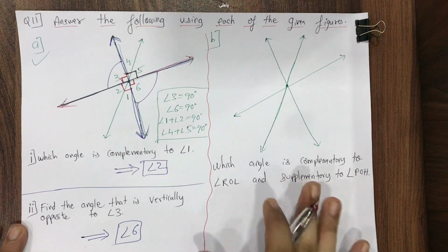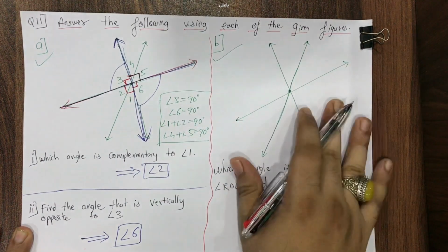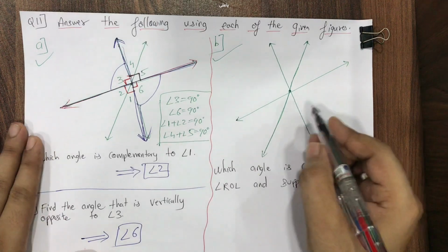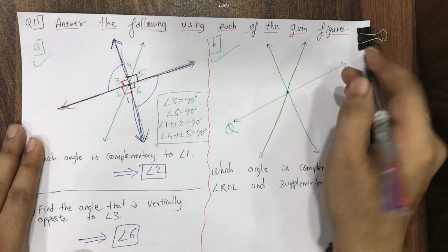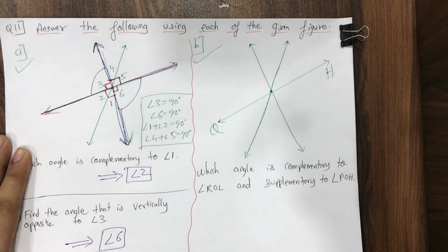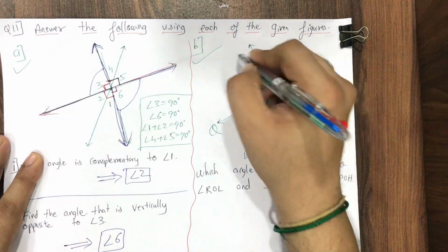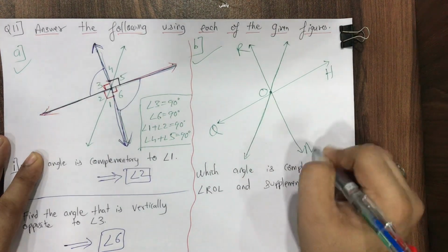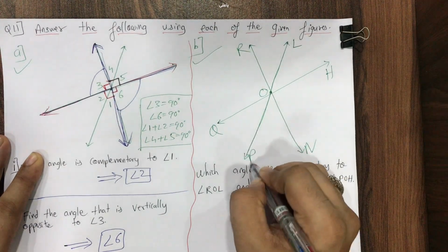Okay, let's come to this sub question B. Let me complete the diagram. I have not completed the diagram yet. Okay, see here please. They have named this line over here QH. Okay, pay attention please. QH. This middle is O, this is R, this is N, this is L, and this is P.